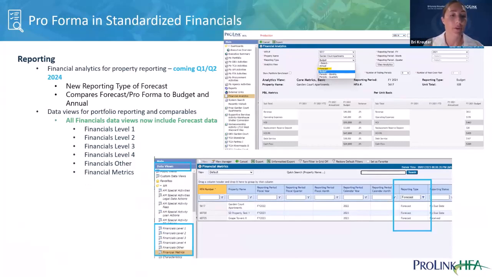Reporting, there's twofold to this. So currently we're going to demo what's already available in ProLinkHFA. This is a new feature. So we are still developing and plan to release more reporting and analytics in Q1, Q2 of 2024, which will include a new reporting type